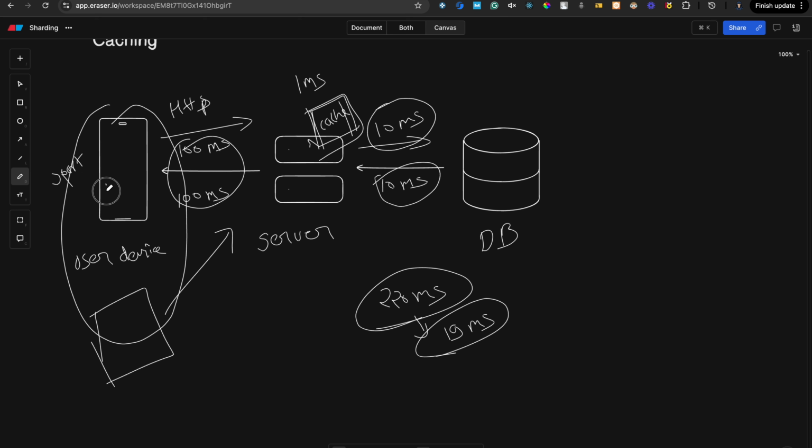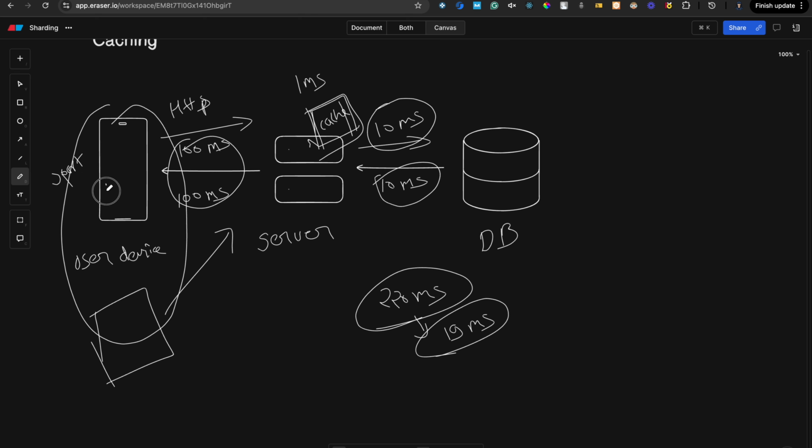Okay. Now, a cache eviction policy. Let's suppose we have allocated around 2 GB of cache for our application on the server. What happens if the data exceeds that? We need a cache eviction policy.